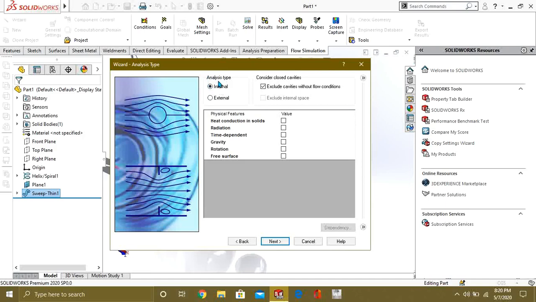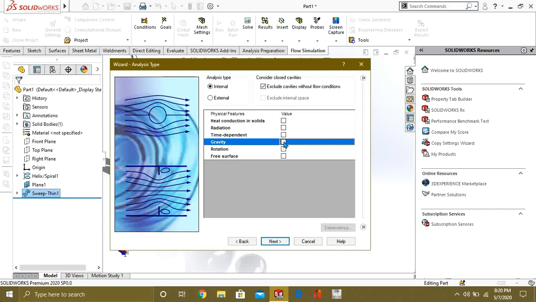There are two analysis types, as I have explained in the previous videos. If you want to see the previous videos, you can see the link in the description. The two types are internal analysis and external analysis. Internal analysis is for closed bodies or watertight models, and external analysis is for aerodynamic analysis, etc.